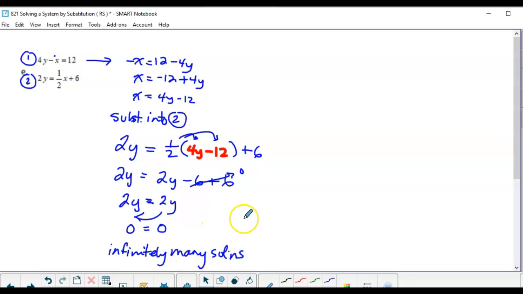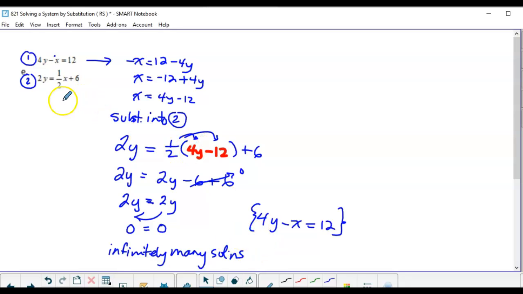Okay, so what is the solution? You rewrite one of them. So the solution is, I'm just going to rewrite 4y minus x equals 12. Okay, you just rewrite one of the equations. And